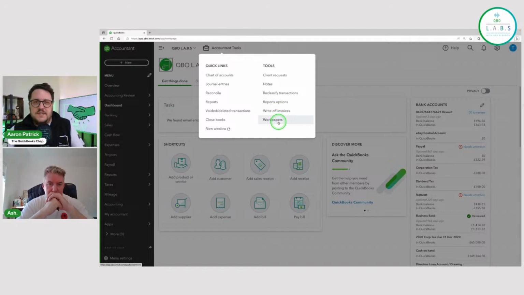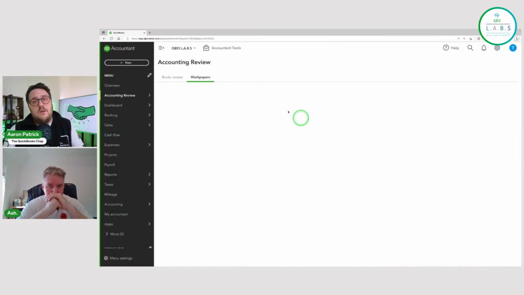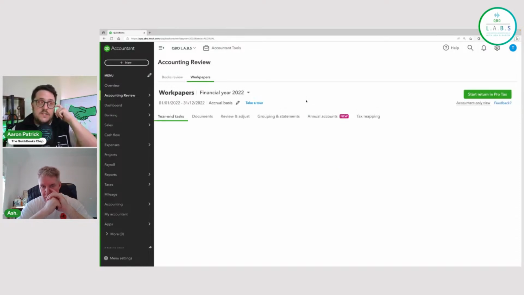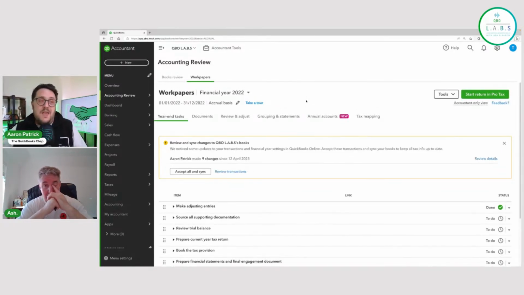I don't know if you use this at all, Ash. Well, that's where the work papers become a godsend in our opinion. And we're actually in a position at the moment in our firm where every set of accounts goes through work papers. We use the efficiencies that are there. Do you use it at the moment, or have you kind of? No, to be honest,